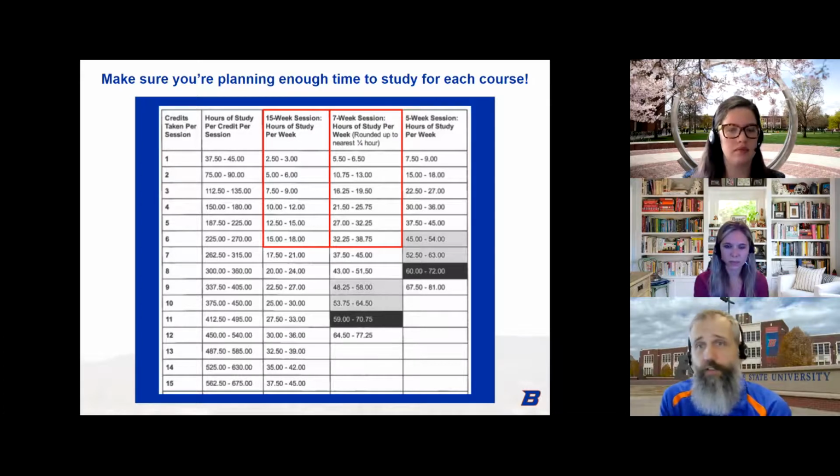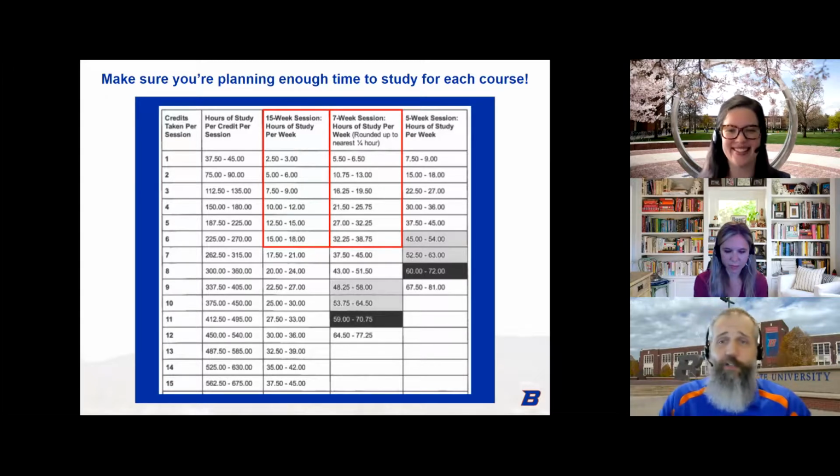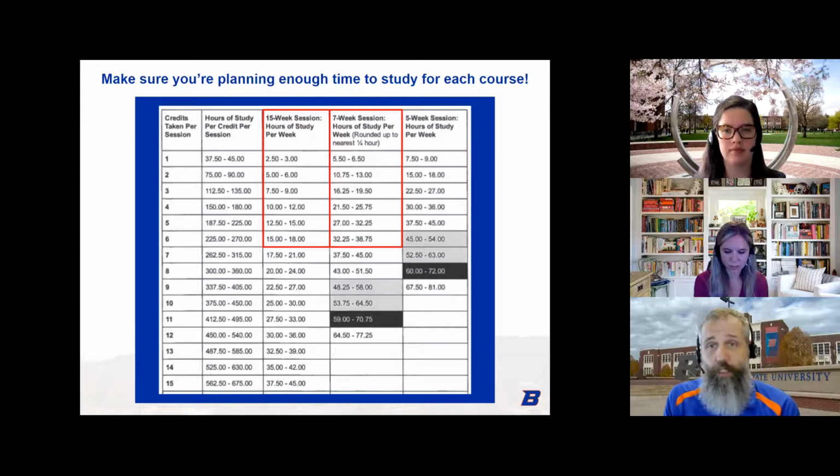So there's a little bit of a transition no matter what. And then of course, the actual subject of the class is going to change how much of that workload really is. You might do really great in English and you can breeze through it, and that's only going to take 15 or 16 hours a week for you. But maybe math is that subject that's going to be really hard, and so that might take 20 hours a week, or maybe even more, depending on what that class is. So thinking now, how am I going to fit that into my week, is very important.